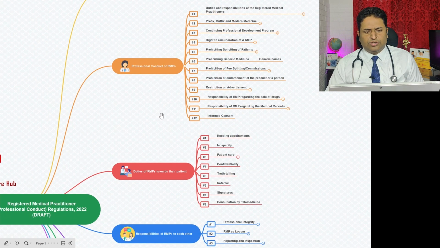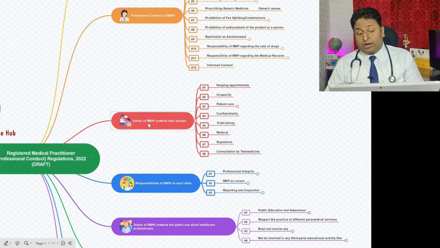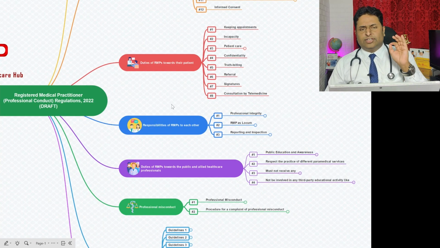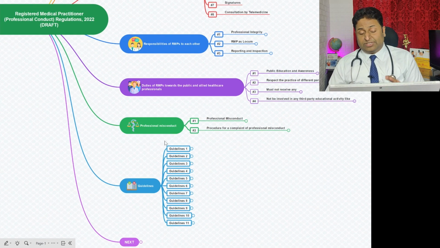First was discrimination, then the duties of registered medical practitioners towards patients, third the responsibility of registered medical practitioners towards each other, then their duties towards the public and allied health professionals, and then we looked into professional misconduct.